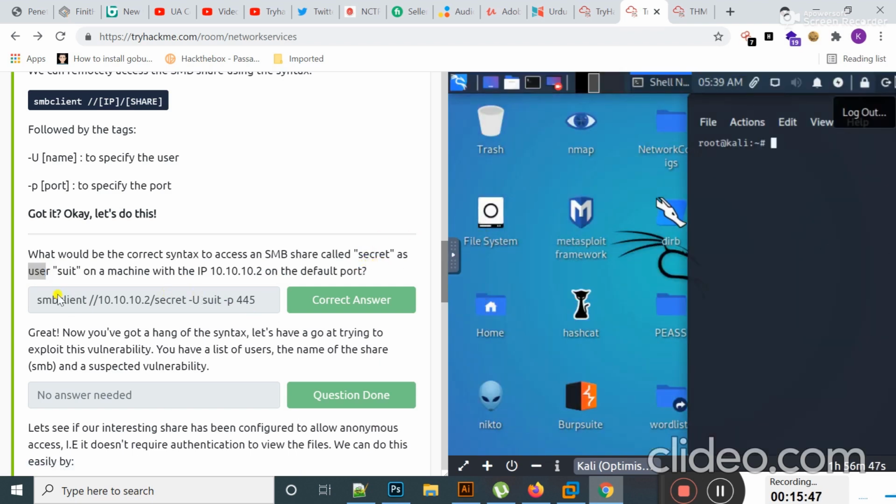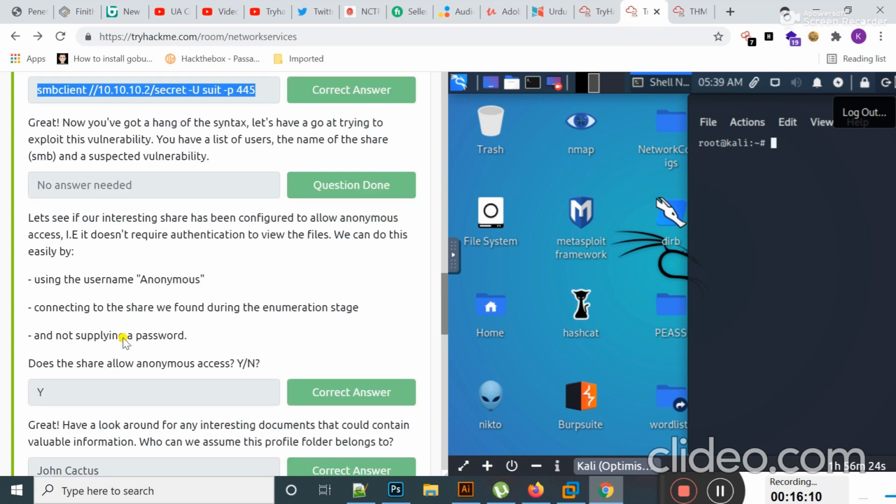I should use smbclient, then //, the target IP, and the name of the share, then -U for the user and the name of the user, and -p with port number 445, as SMB is running on this port by default. So the answer to this question should be like that.